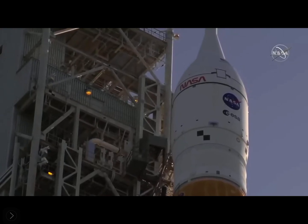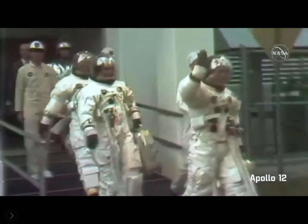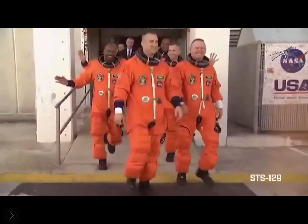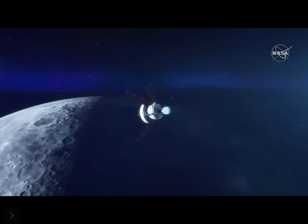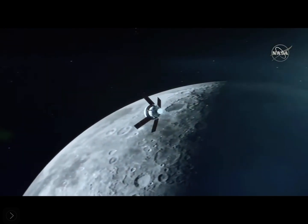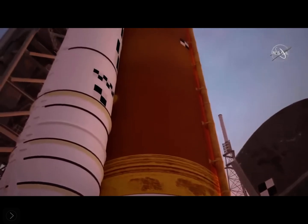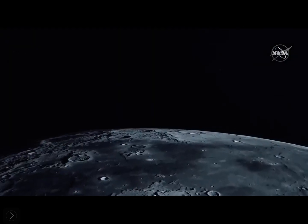The rocket is rolling to historic Launch Complex 39B. It's a launch pad used for both Apollo and shuttle launches, sending hundreds of astronauts to space throughout the decades, and now on tap to send hundreds more as we return to the moon and venture beyond to Mars. But for this mission, there will be no astronauts on board. Before the uncrewed Artemis 1 stack can launch to our nearest celestial body, it has to travel to the pad